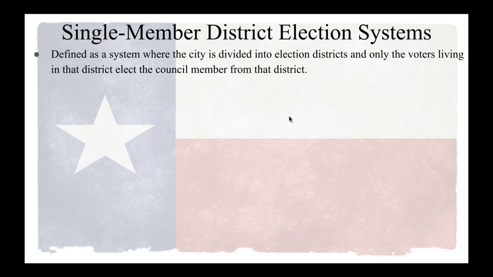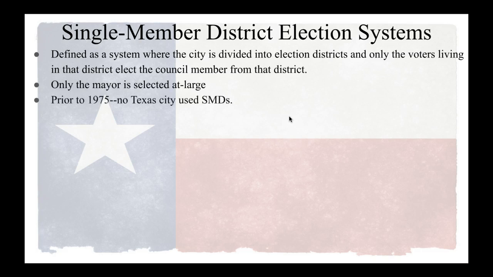Only the mayor will be selected at large in this regard. Only the mayor will be selected by a vote of the entire city. Prior to 1975, no Texas city actually used a single member district. And when the 1965 Voting Rights Act took effect, the language surrounding racial discrimination in polls was targeted at specific